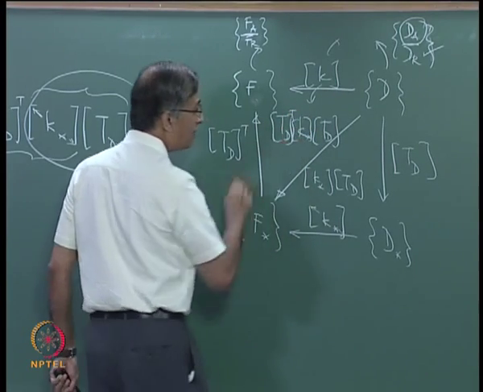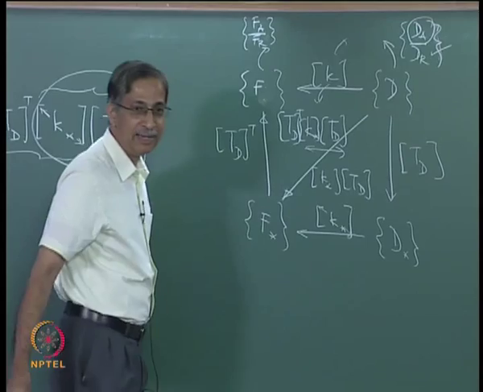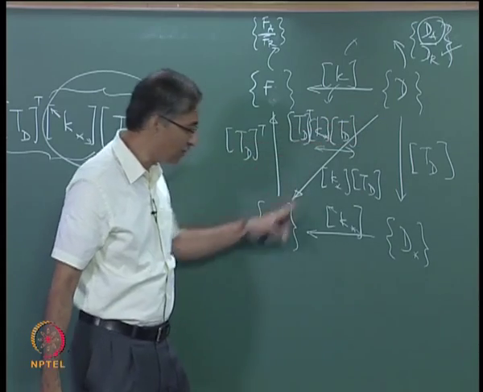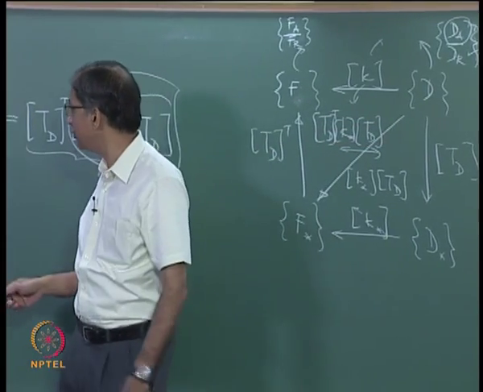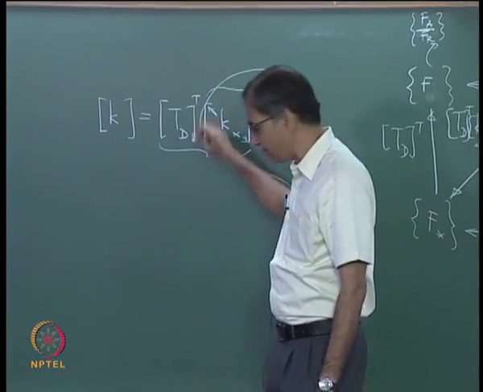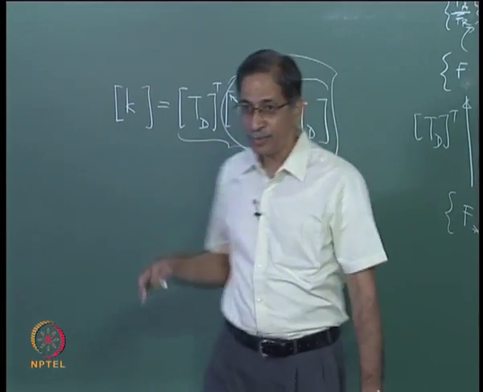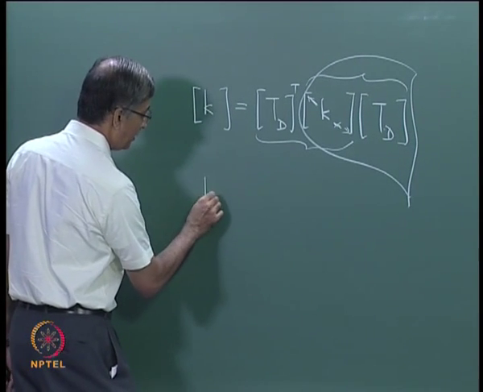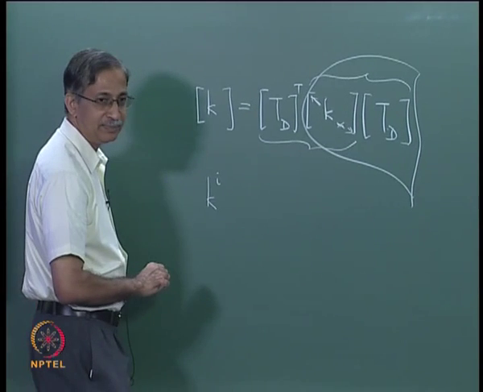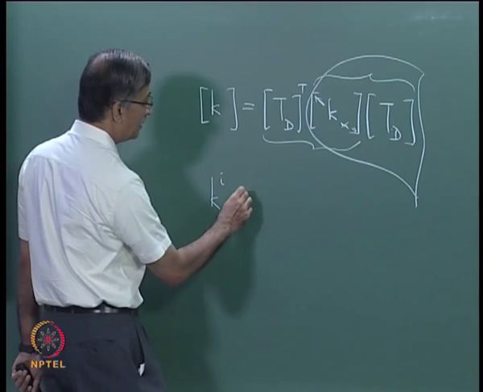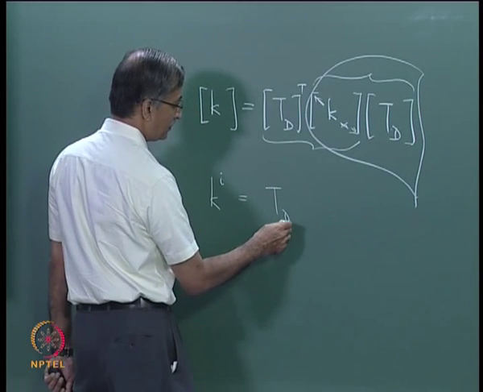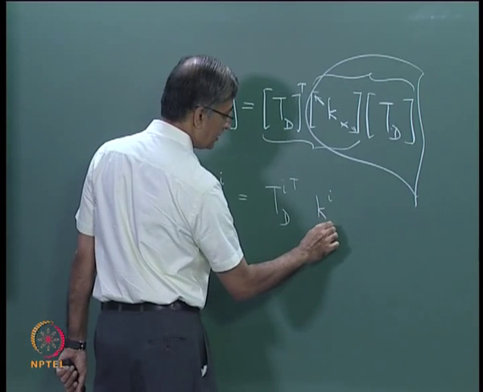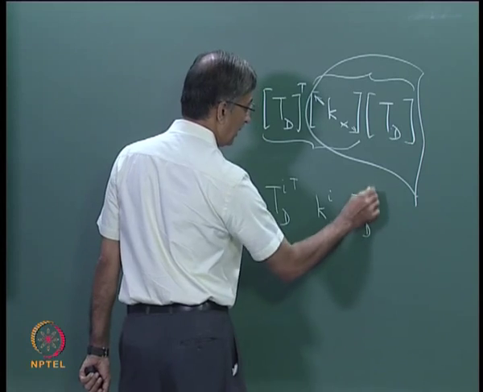So now you see why it makes sense to do this calculation first and store it in your computer, because you can pick that up later when you find the member forces. Is it clear? So you do it in 2 stages. First you calculate this, then you pre-multiply with that. You can do it in one shot, or in 2 steps, or as many steps as there are members. So you can do it at the element level. For the ith element, this will be written as TD i transpose Ki star TD i, right?